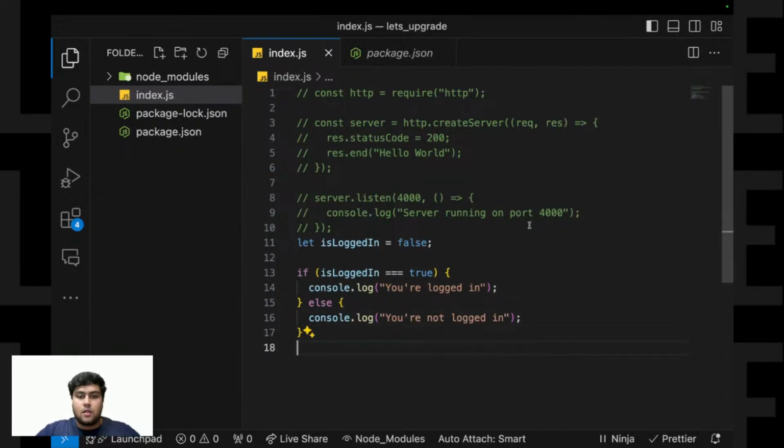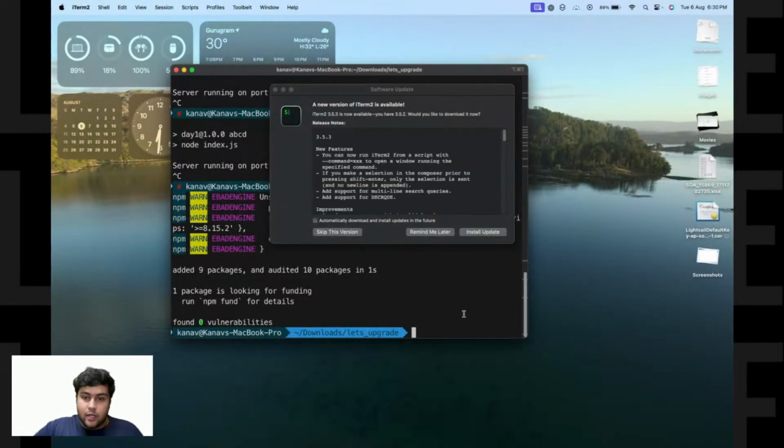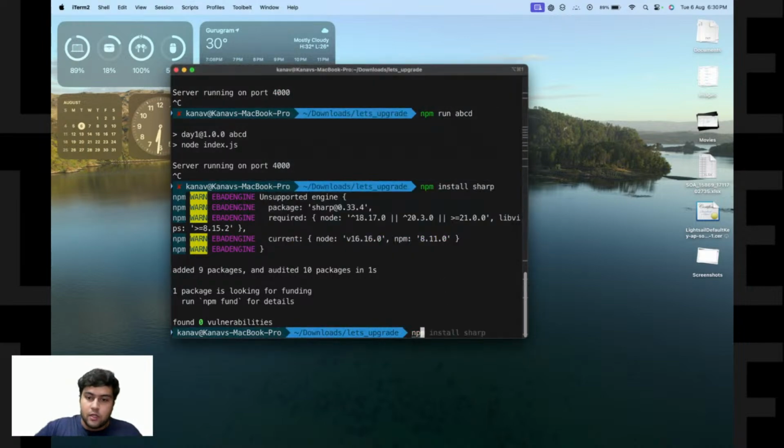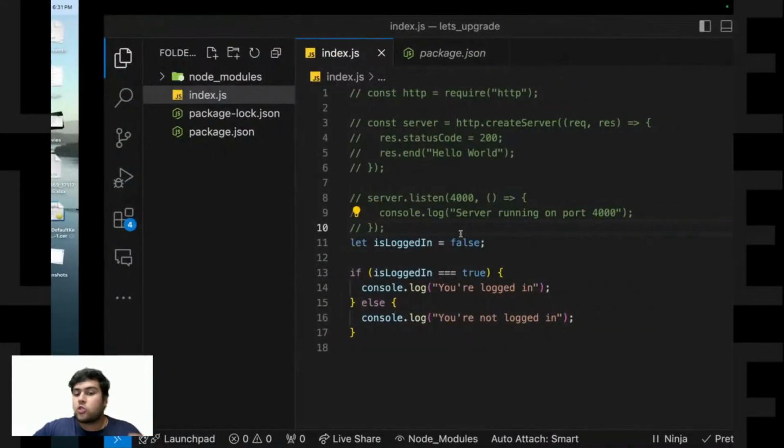Now, how do I know what is the value of isLoggedIn? We can use the console log in order to debug our application. Now if I write npm start,